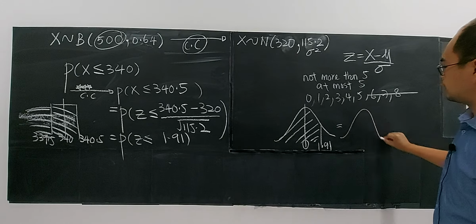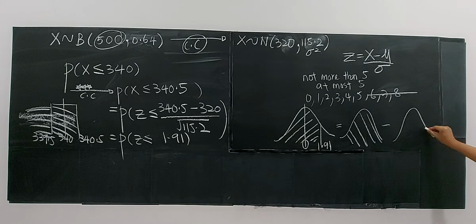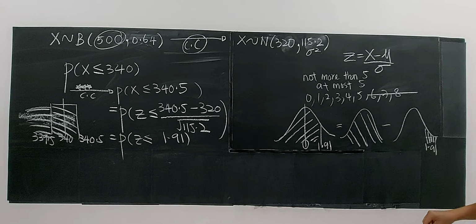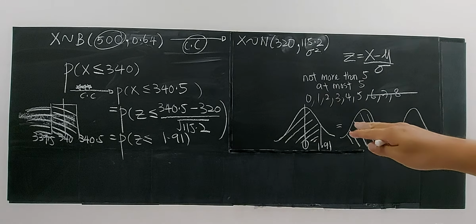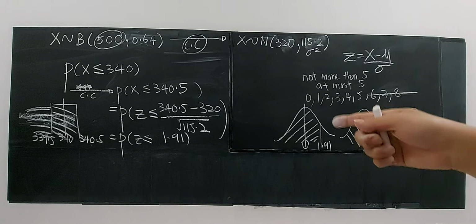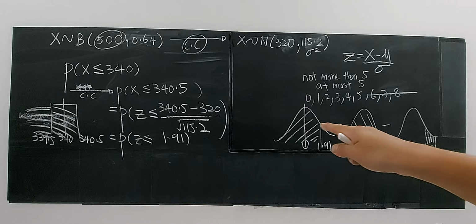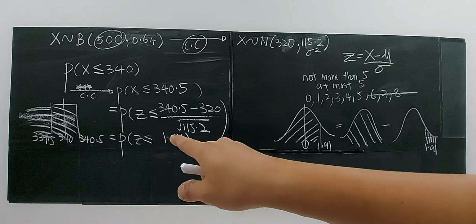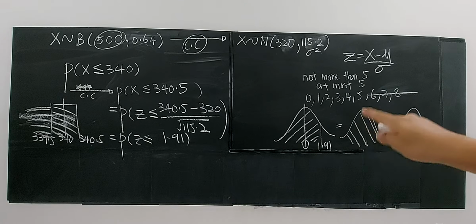So it's everything minus away a small section here, 1.91. This is in your mind. This is for me to guide you. This is not the working. I want to teach you, so I have to guide you. Less than 1.91 is the same as everything, 1,